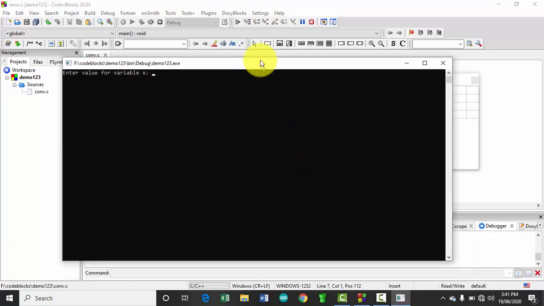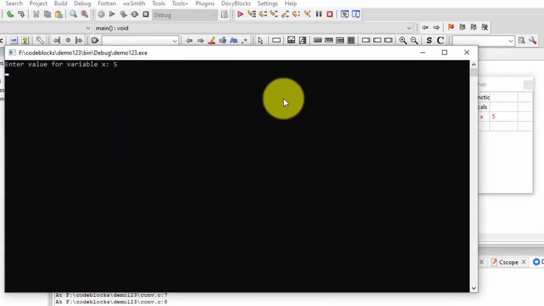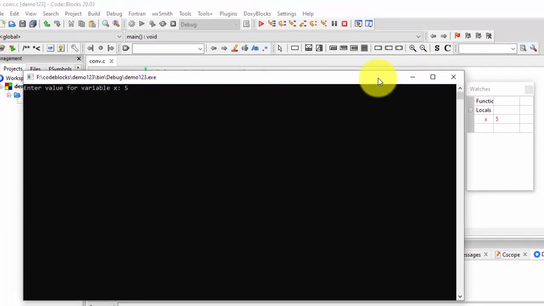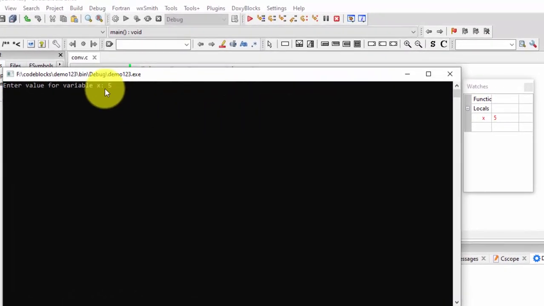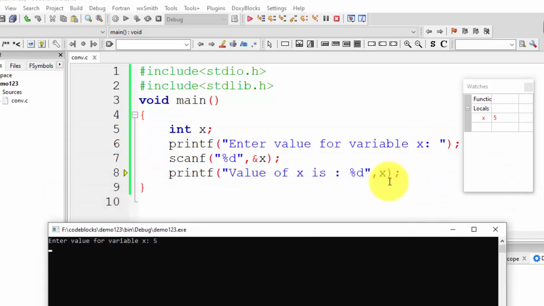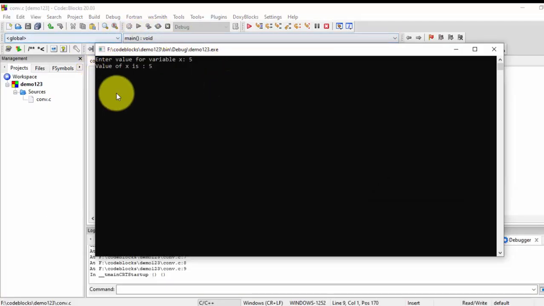So now I am going to assign a value 5 and press enter. The moment we enter the value 5, it gets assigned to this variable x here. So whatever value is assigned to variable x is displayed on the output terminal.